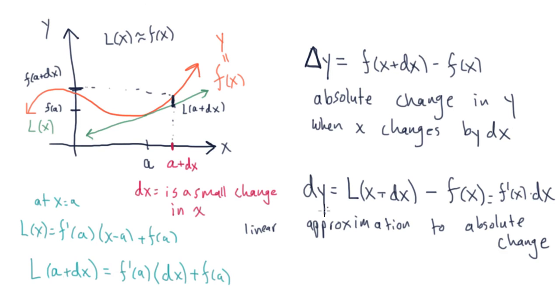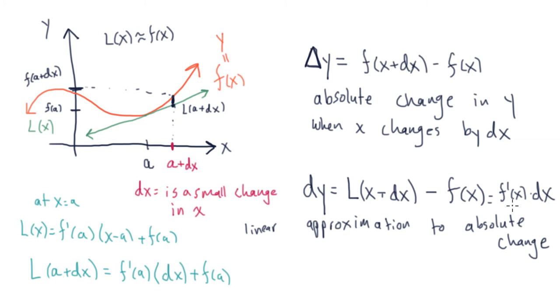Okay, so the derivative kind of approximates the change in a unit step, but if we just scale that by an even smaller change, so maybe we only want to change by like 0.1 or 0.2, however far away we want to look from x, well, the approximation to that absolute change is just given by f prime of x dx. Okay, so I know this is a little bit confusing,